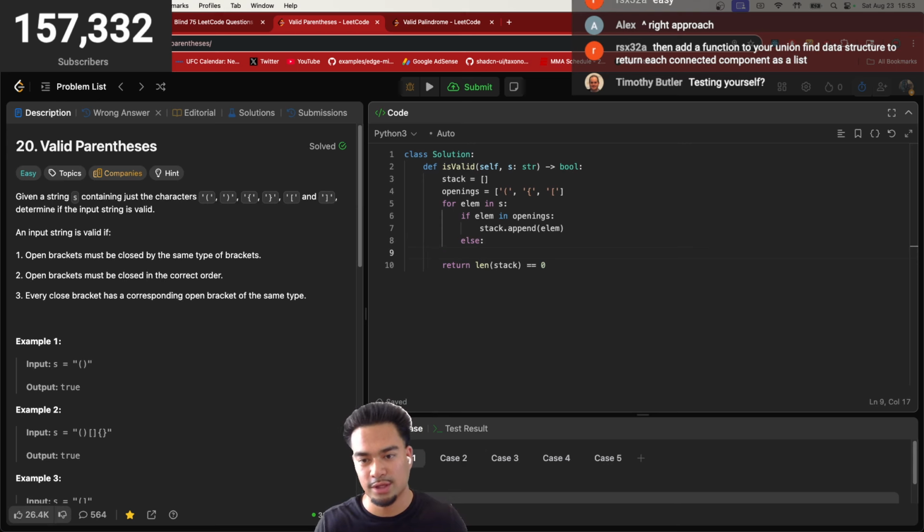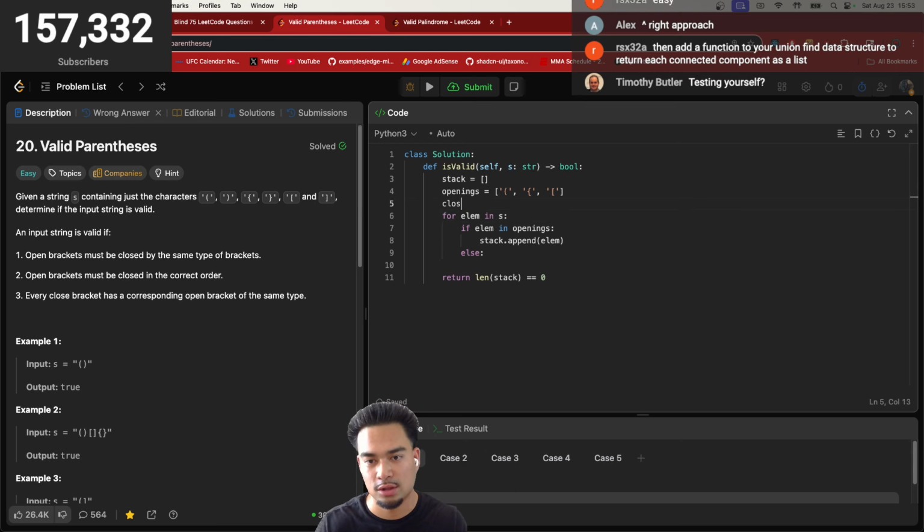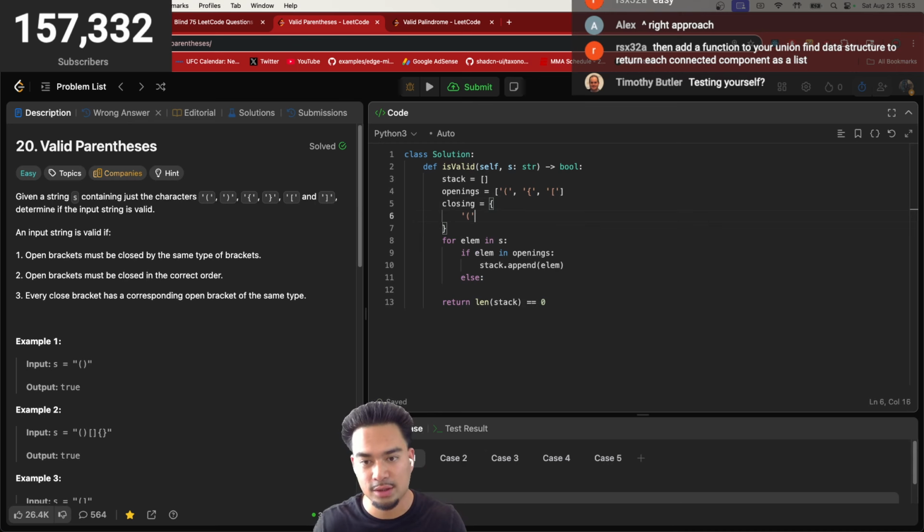Else is closing. So we need to track closing. Then maybe we could do the reverse map here. So for opening, the closing is like this, and then